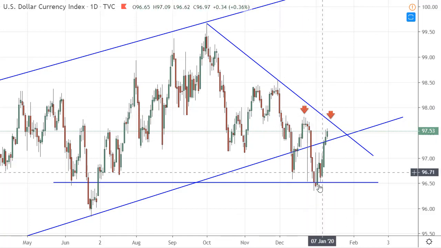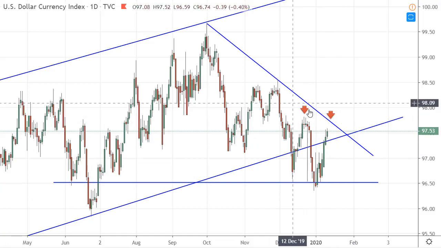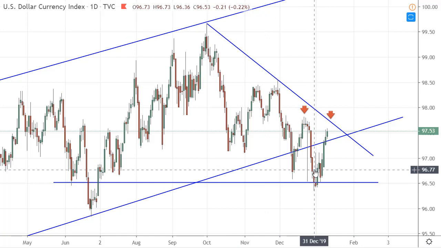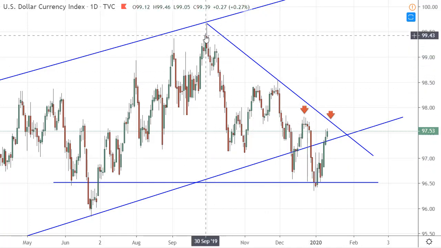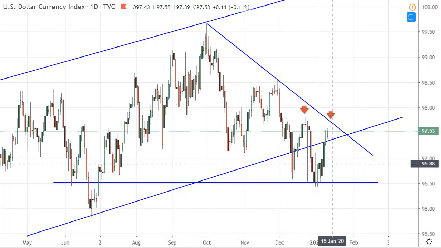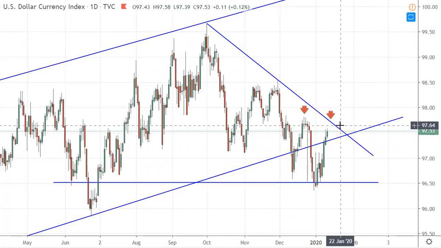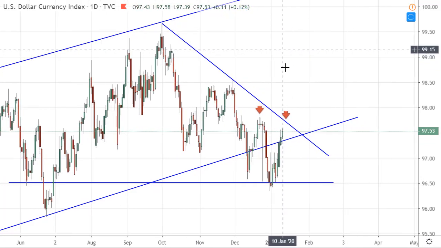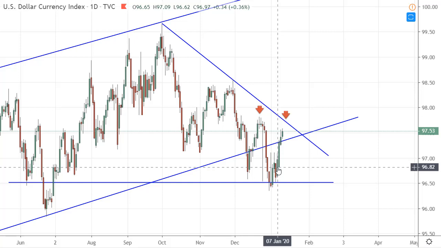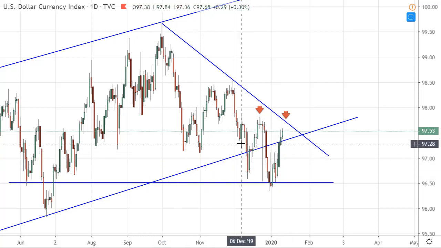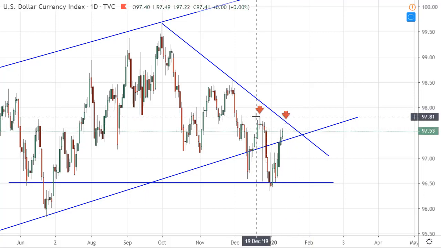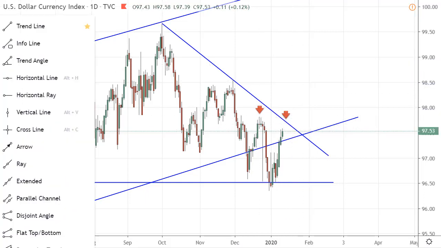So at the moment we are making a huge pullback, which could be perfect for entering trades back into the direction of the overall trend, the trend that has been going on from September 2019. That is actually bearish when you look at the daily chart. So once again we get into this trend line, but we also are back into this channel. So the question is now if this channel eventually will hold, and if we break this trend line and we break this resistance here, then we could see some continuation to the upside.